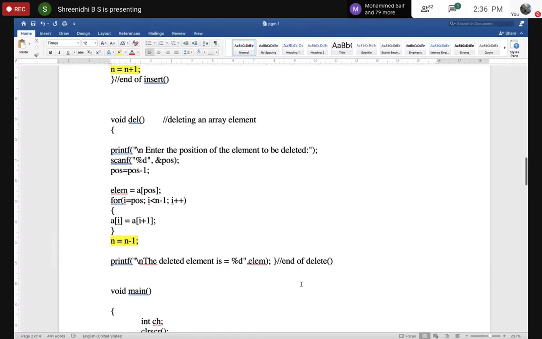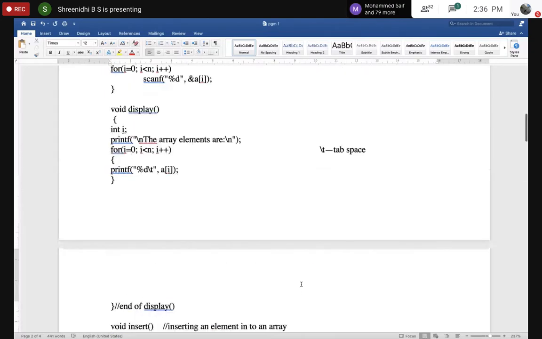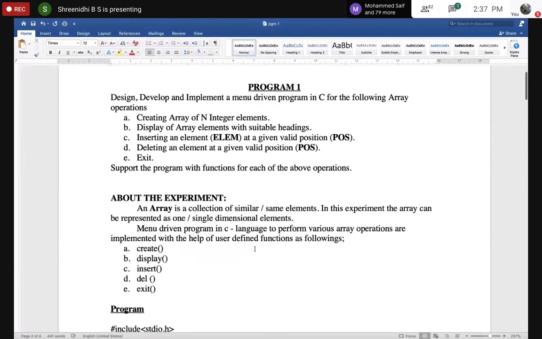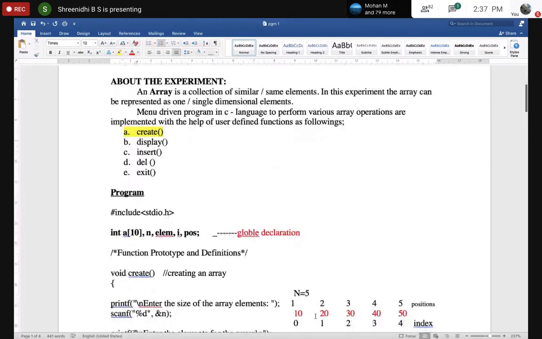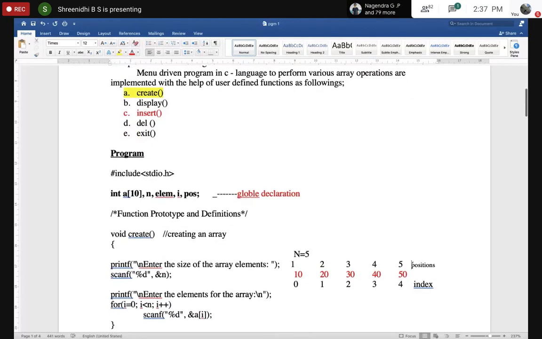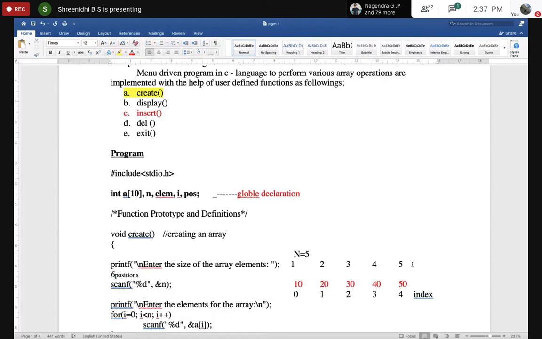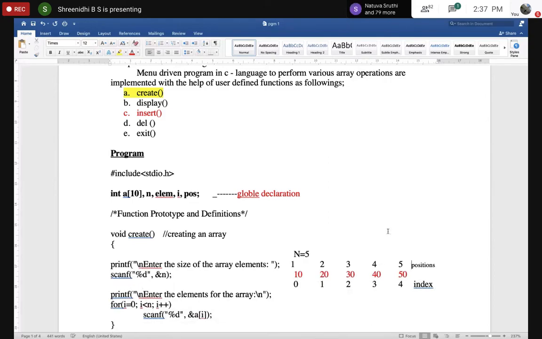So now I think everyone has got all these 4 functions. What will create do? It will create the array elements. Display will display the array elements. Insert means I need to enter the position. For example, if I enter the position as 6, next I need to enter the element. 6 means this will be n plus 1.